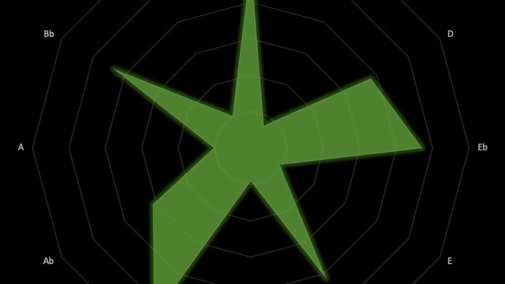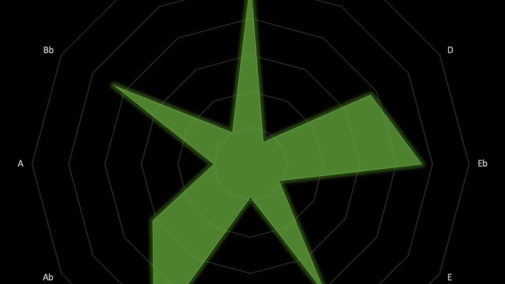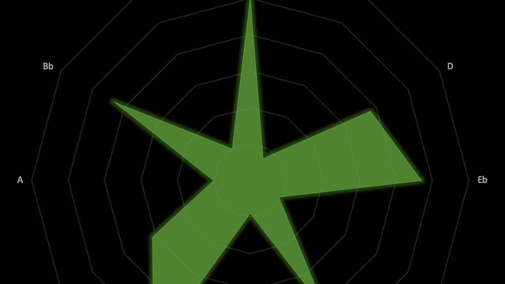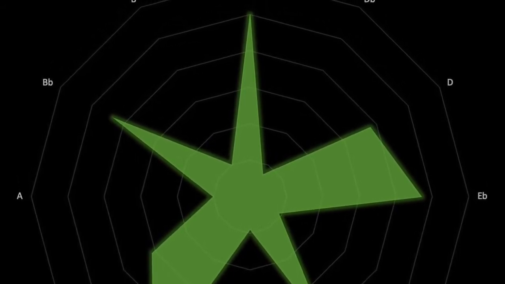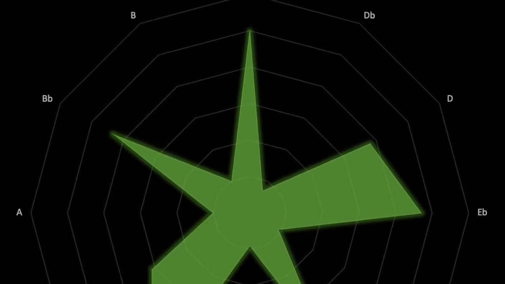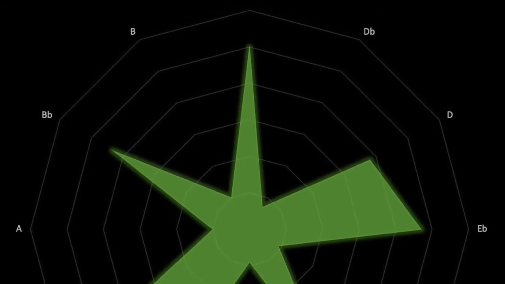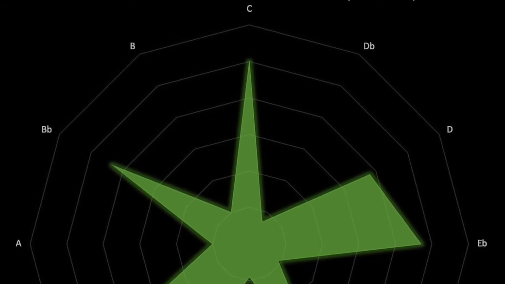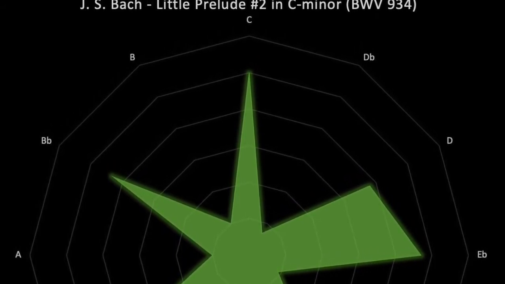Because in the key signature of C minor, we have B flat, E flat, and A flat. So to have an A natural is, again, not too common. And if we do have one, it's very spicy to the ears. So the A is very close to the center of this little diagram. We've got a nice long B flat arm there sticking out because there's a lot of that note. And then the B natural, just a few of those, surprisingly.